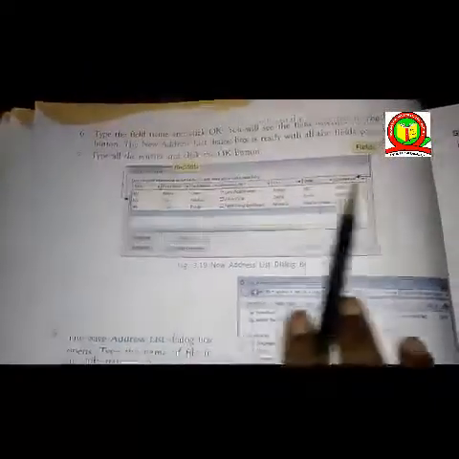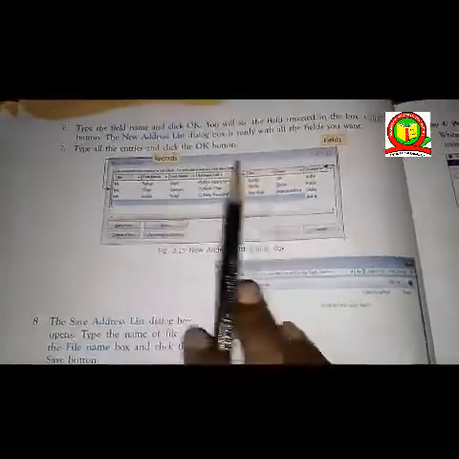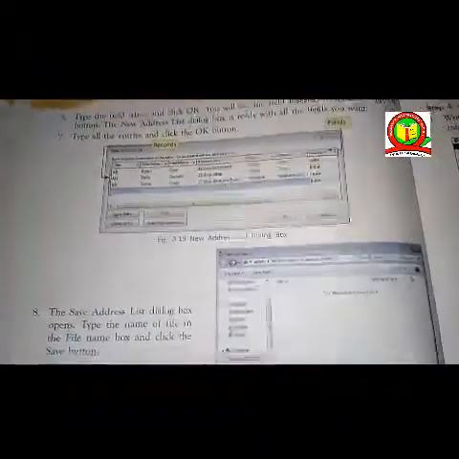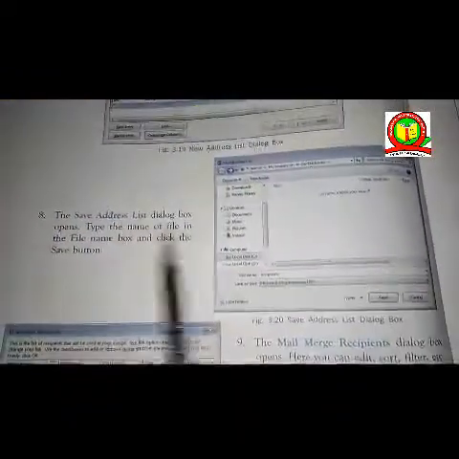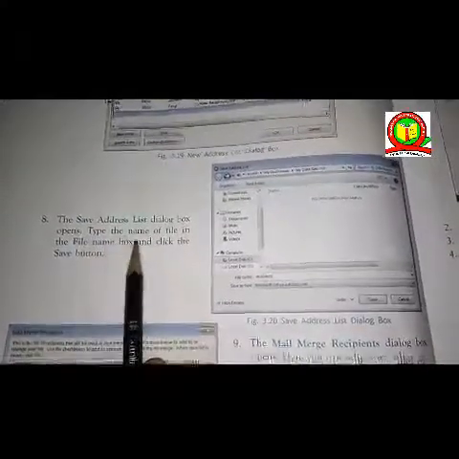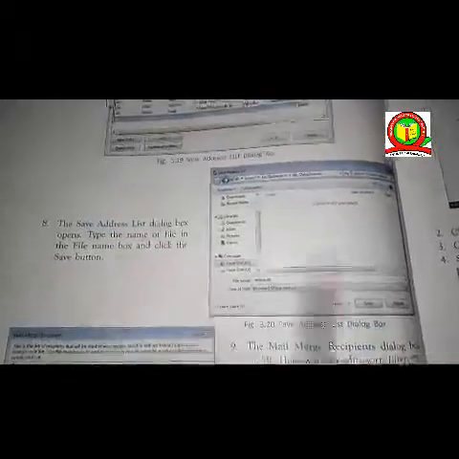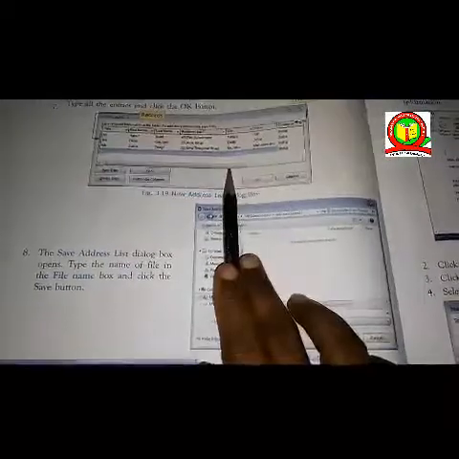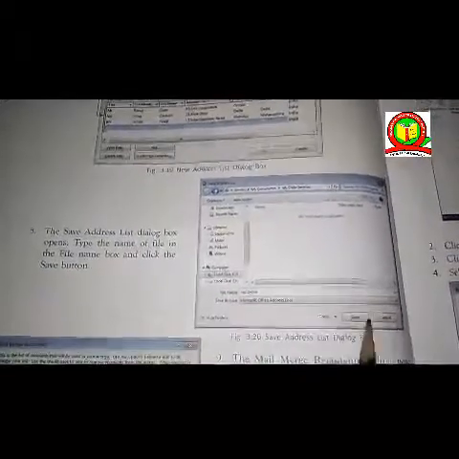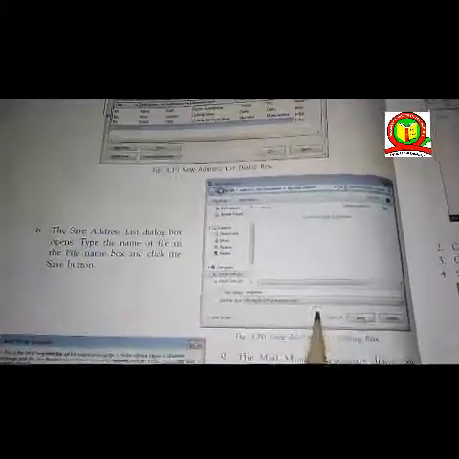Here the recipient list is ready. Here the new address list dialog box is ready with the recipients. So the next step is the save address list dialog box opens. Type the name of the file in the file name box and click the save button. You have to click in the file name box in save and save it in the name